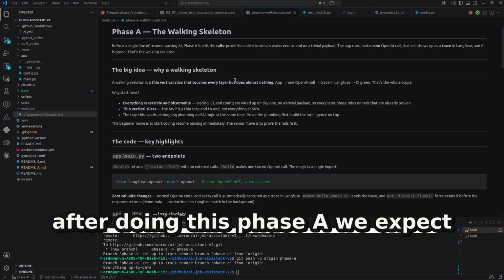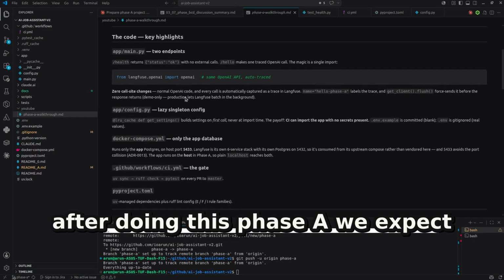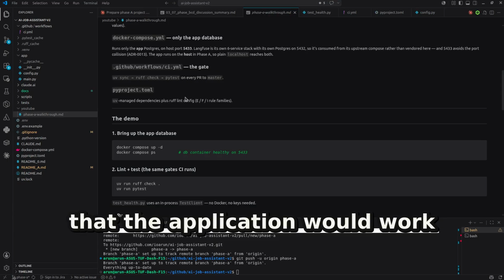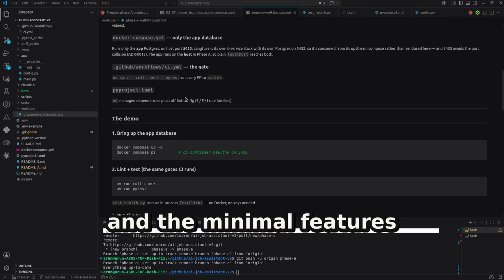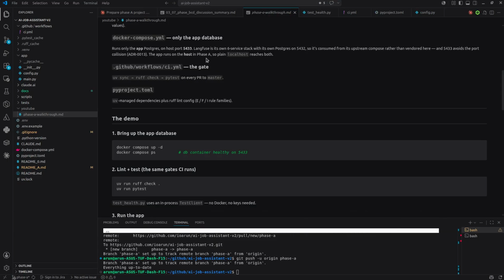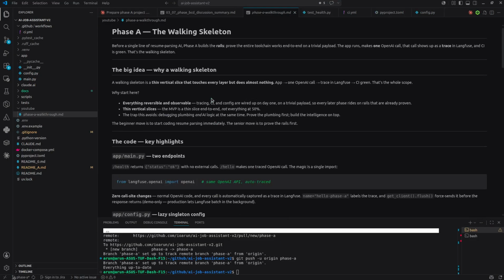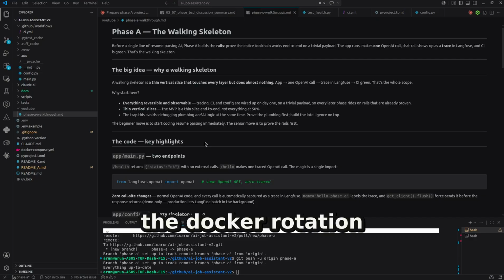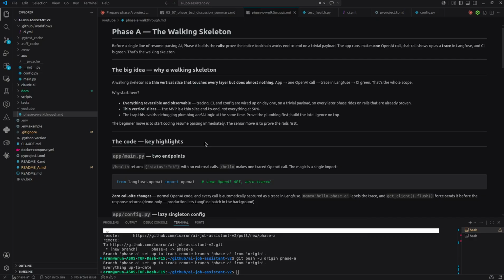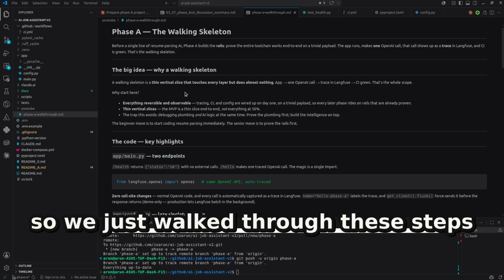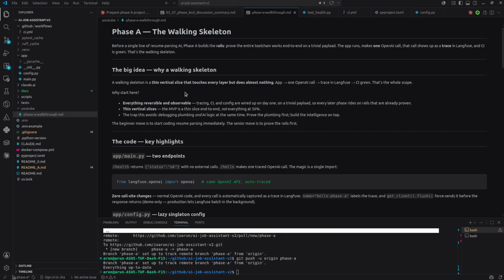After doing this phase A, we expect that the application would work end-to-end with minimal features like the repository structure, the test cases, the endpoint checks, the dockerization and the observability. We'll walk through these steps one by one,